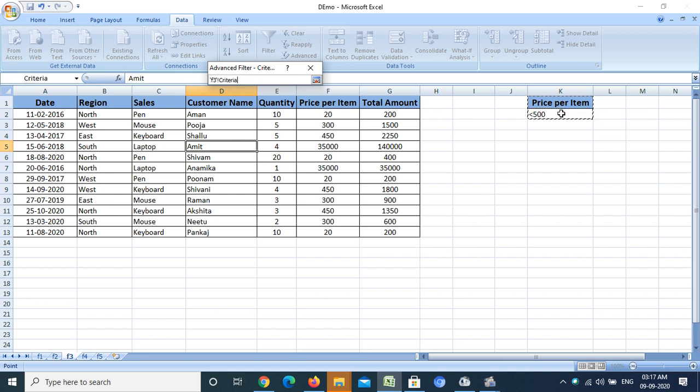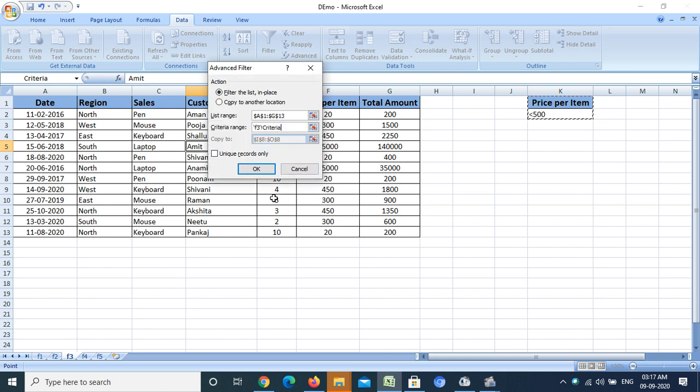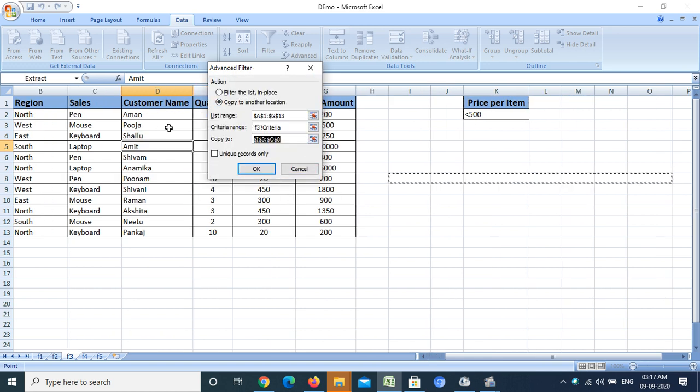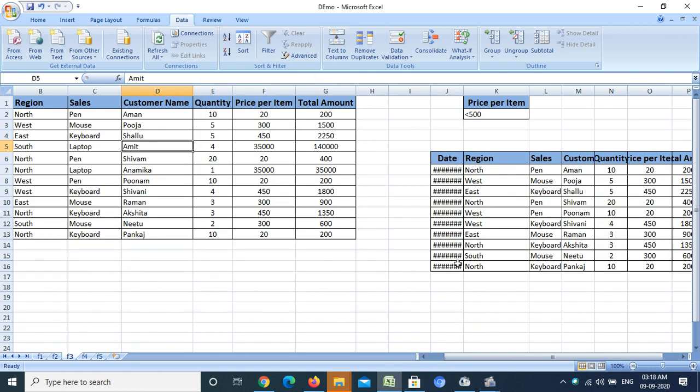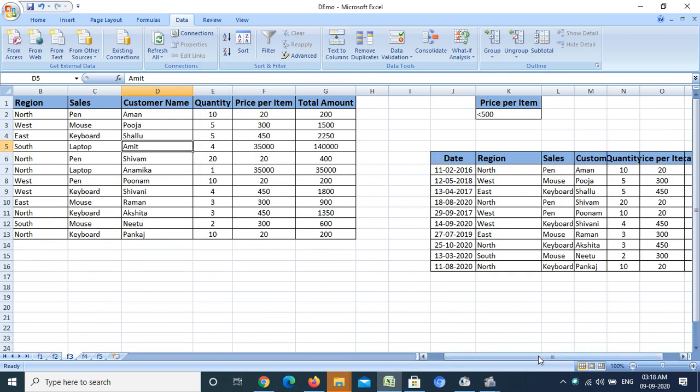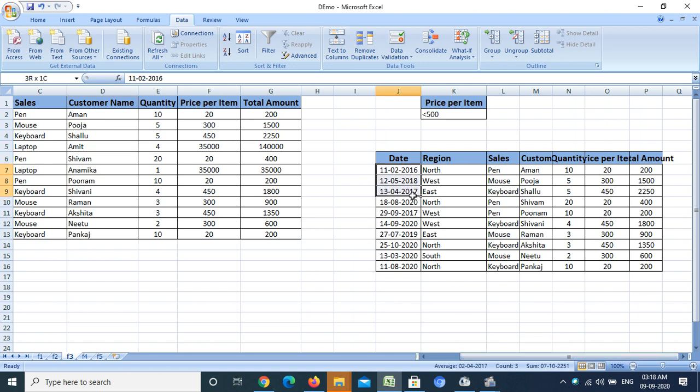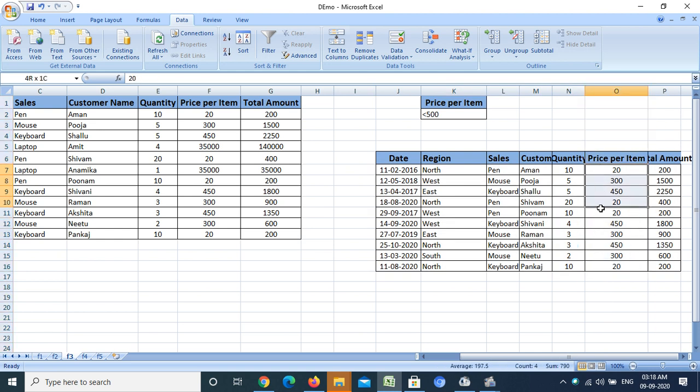I want all the records whose price per item value is less than 500. After that, I have to select the location where I want to copy the data. Suppose I want to copy my filtered data here. After that, I have to click OK. Now see, I got all the rows whose price per item value is less than 500.